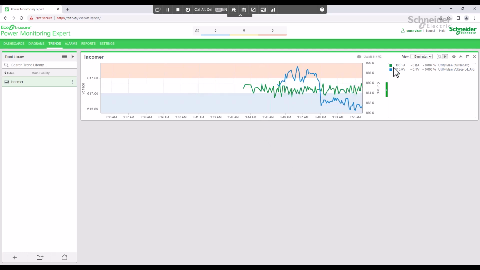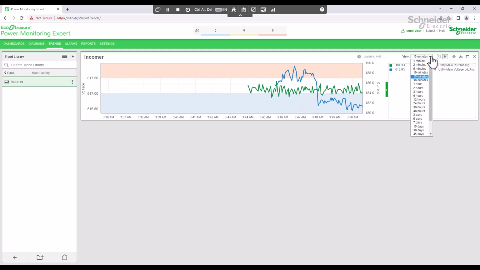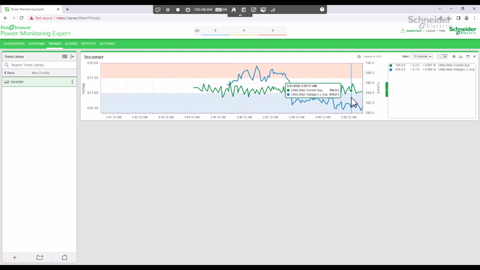Let's try a small number to see what happens when the trend fills up. I will change my viewing period to 10 minutes.